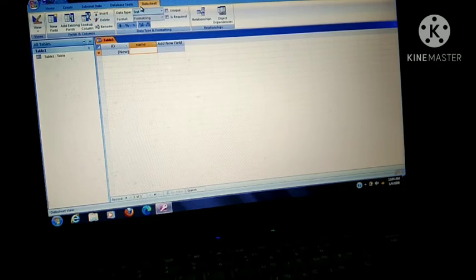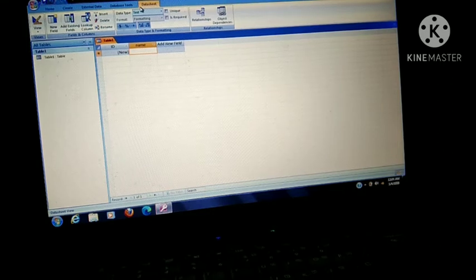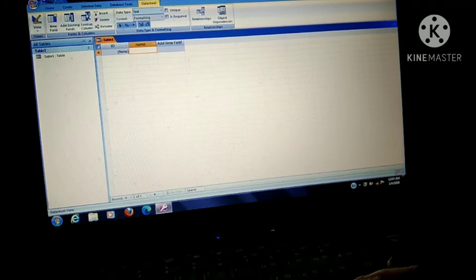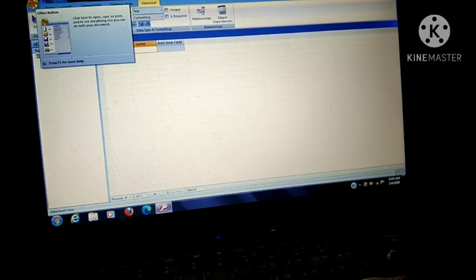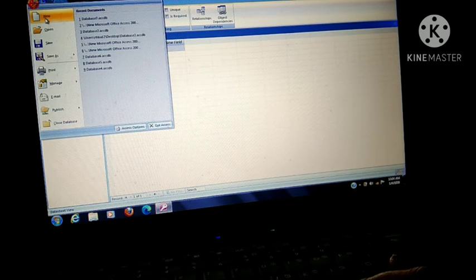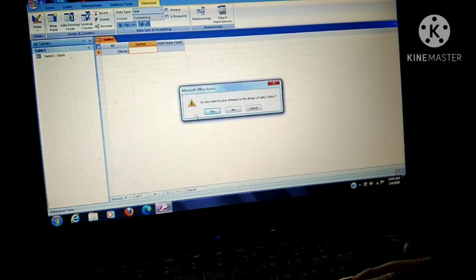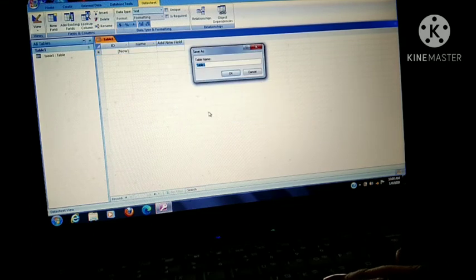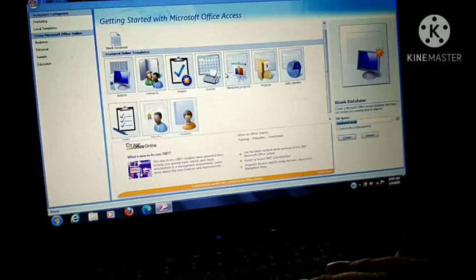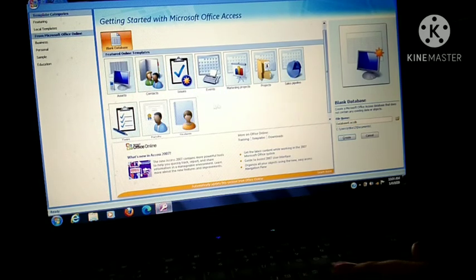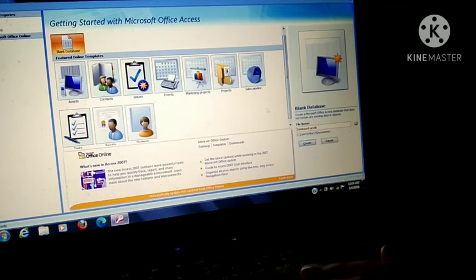First, we will take a quick recap of what we covered in our previous class. Here you will check how we can create a table. In Access 2007 or a previous version, click on the Office button. When you click here, there is the option New. Then first you have to save the changes in this. Okay, no problem, I am saving this table. And then there is the option Blank Database. Click here, and on the right side you will check